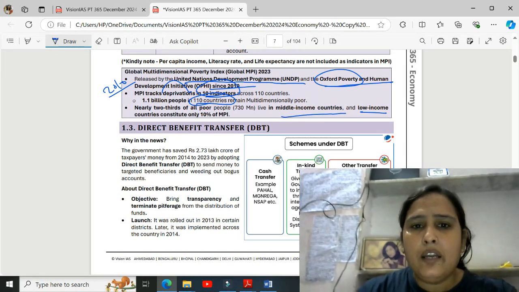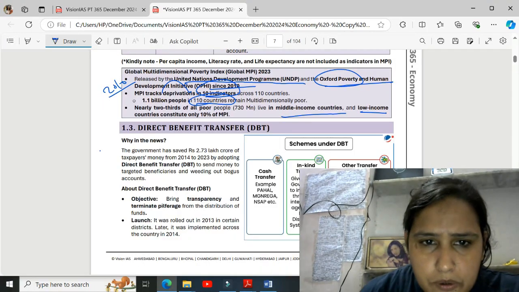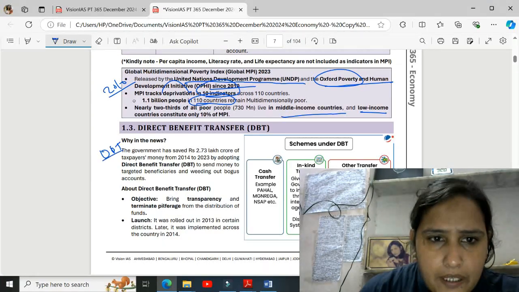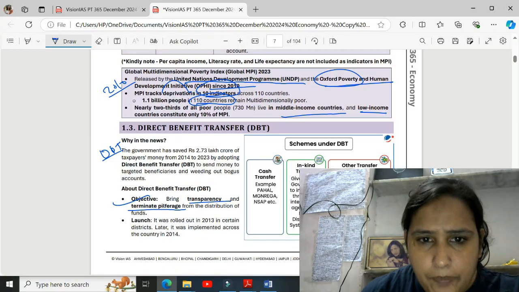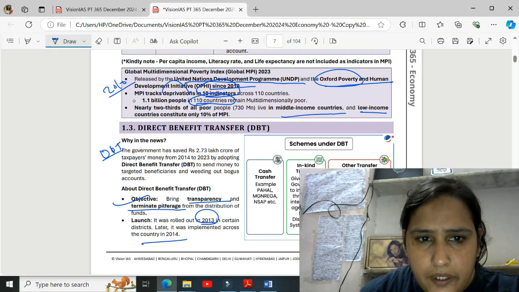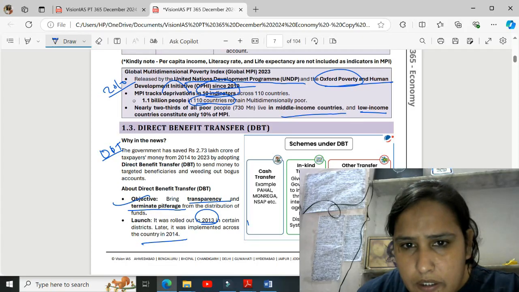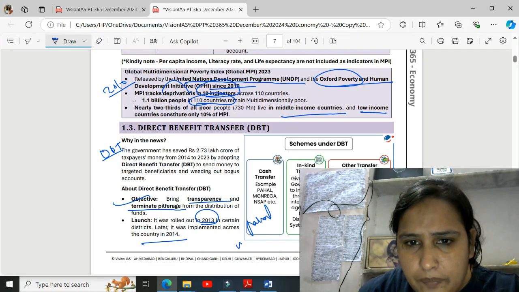Now, direct benefit transfer. DBT, direct benefit transfer, has the objective of bringing transparency and terminating the privileges. It was rolled out in 2013 in certain districts, later on across the country. Direct benefit transfer is the cash transfer of the Pahel scheme and the MGNREGA scheme